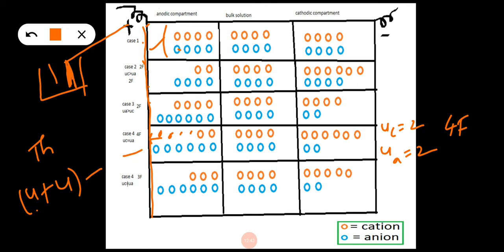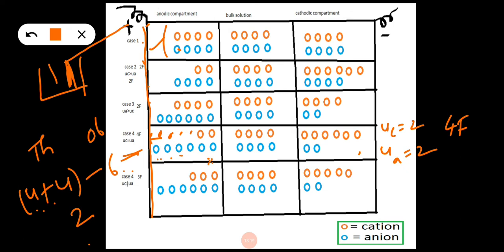during this process of electrolysis, in this case the increase is only 6. 4 are attacking here and the increase is only now 1 2 3 4 5 6, it is increased up to 6 only. So there is a difference in the theoretical and observed increase. The difference is 2. The difference is because the increase is not as expected, because some of the ions present here, 2 cations from here, are moving to here. So the difference in the increase is because 2 ions are moving from the anodic compartment to the cathodic compartment.